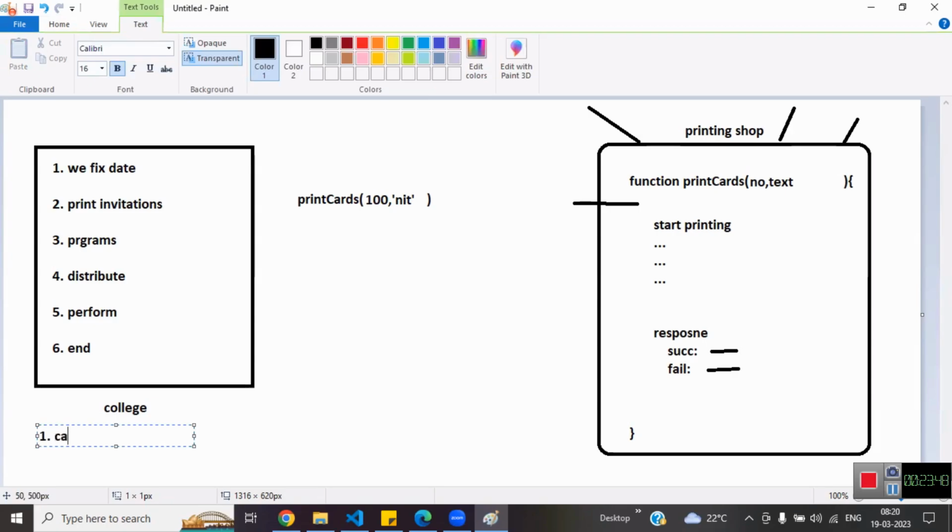By using callbacks, set time. Next, setTimeout. Exactly how can we fix the time? If you don't know how much time it will take, how can we fix the time? Possible? No, sir. But sir, we can give the time, like I want to execute this program after 1,000